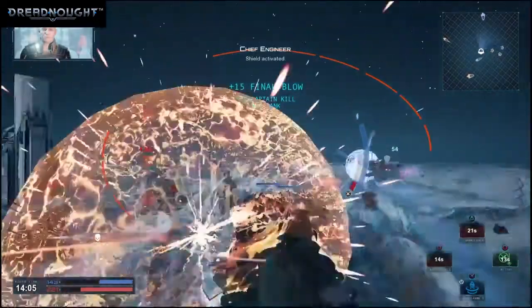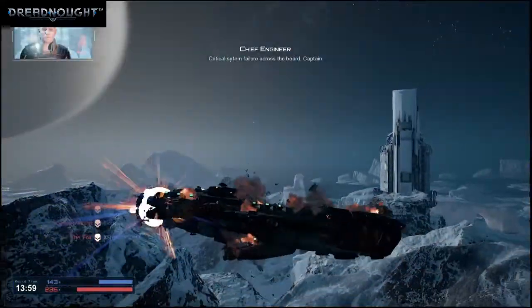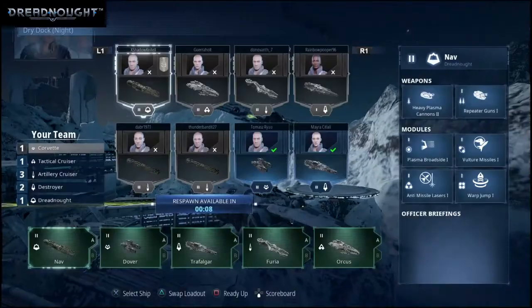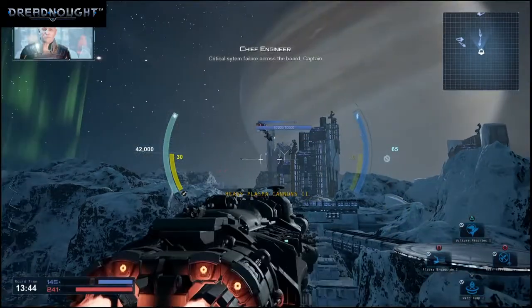Oh yeah, shield activated. Always remember to have your shields up when you're in a fight. The shields, what they do, they're not going to stop you from taking damage. You'll still take damage. Trust me, you will always take damage. But what they do is they basically just